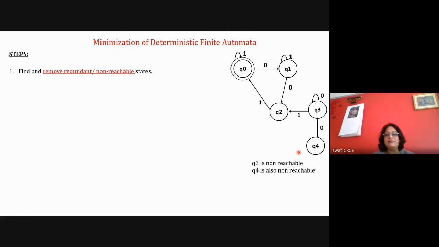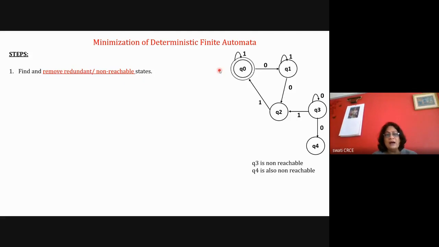Today's topic is really very interesting, and I'm using a square optimization method which is not there in the books or on the websites. On the websites they use a visualization technique, and writing in the form of visualization is very tough, and the understanding is also not that clear, which is very clear in the square optimization technique. But you need to understand the method properly. So you can note down this method and try to use it. I think there is no doubt in this diagram about why Q3 and Q4 are non-reachable, because so many students have told me that there is no doubt.